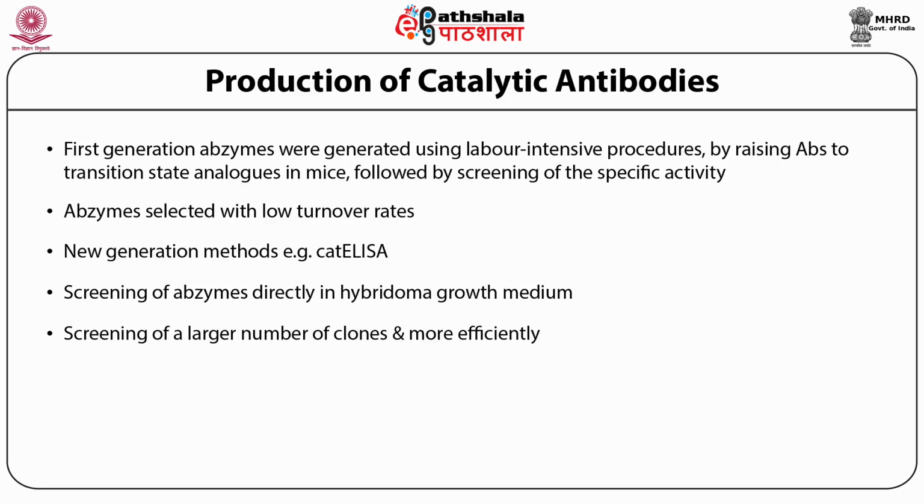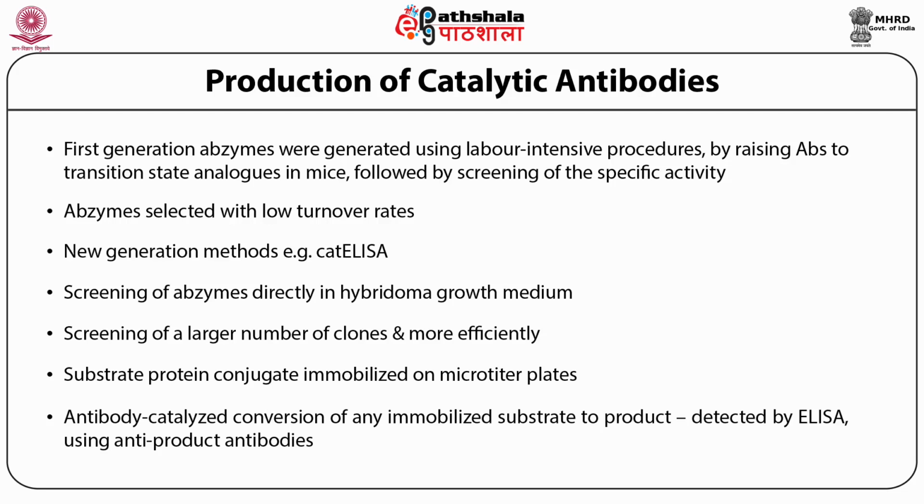this particular method. Now, what happens during this method is that a substrate protein conjugate is immobilized on the microtiter plate. Subsequently, the catalytic antibody is added, which catalyzes the conversion of the substrate into a product, or release of the product. And then the released product is detected by the ELISA using anti-product antibodies. So this is an ELISA cum screening method where the catalytic antibodies can be selected out of a library very